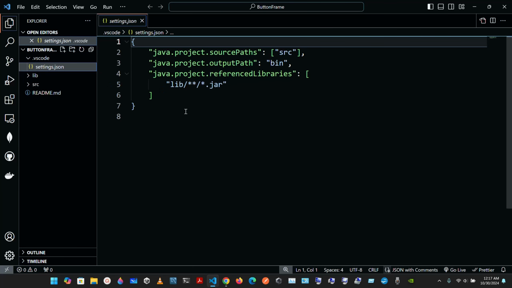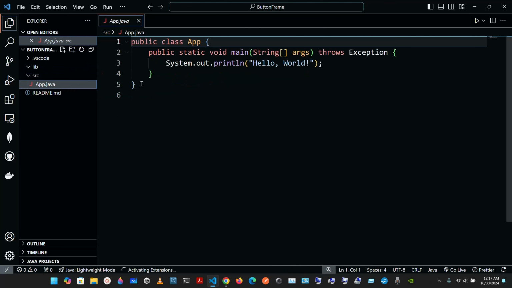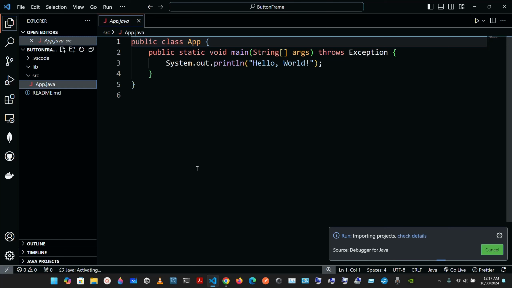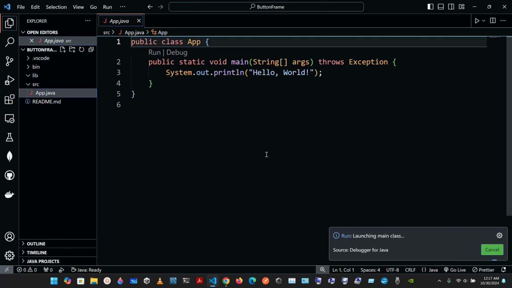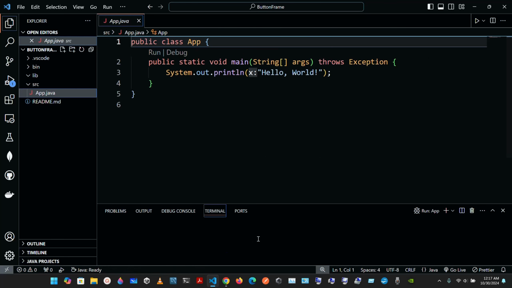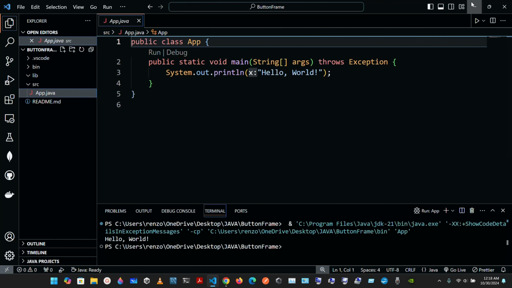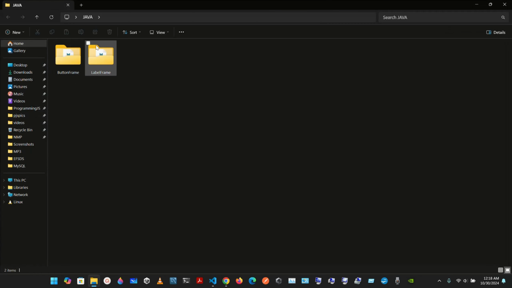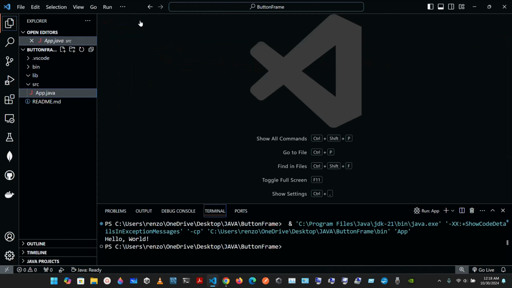So we have the settings.json. Let me close this one, we have the lib, and we have the source. We have this Java file, and it's gonna say hello world. So we're gonna update it or just delete this particular file, and just to make sure it works. Yeah, it does hello world. That's fine. And if we go into the Java folder, now we're gonna have the label frame and the button frame. Okay, so let's close this one, and we're gonna go inside of the source,